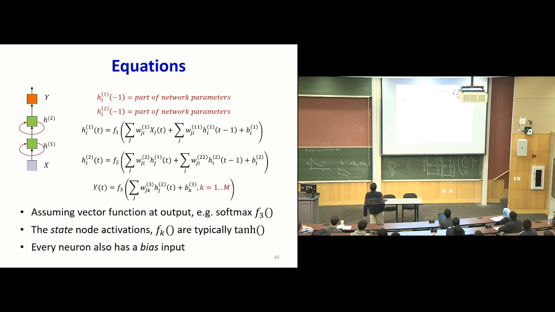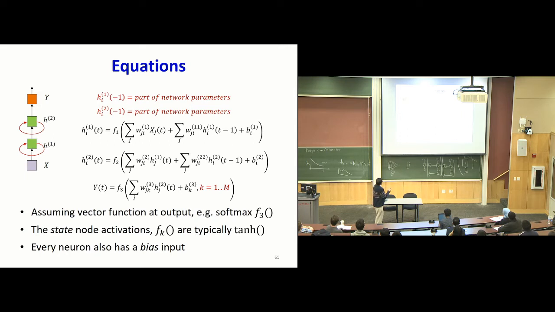And now when you actually perform your computation, this first neuron is going to operate on a weighted combination of the x's plus a weighted combination of its own activations at a previous time plus a bias, which is to say an affine combination of the x's and h1 at a previous time. H2 over here is again obtained through some activation which operates on some affine combination of h1s at the current time and h2 at the previous time.